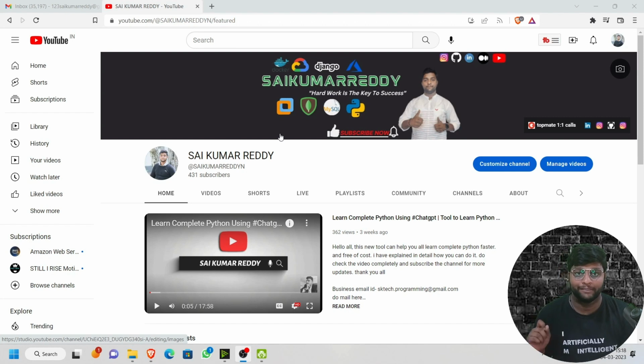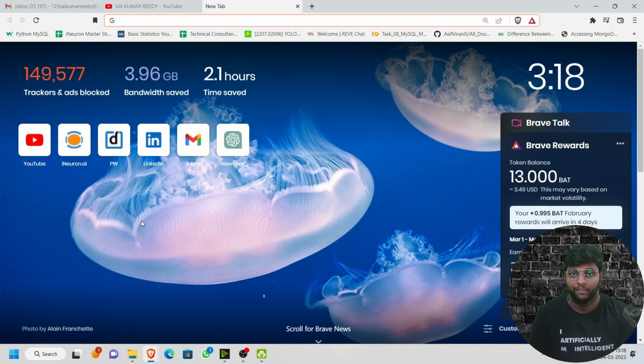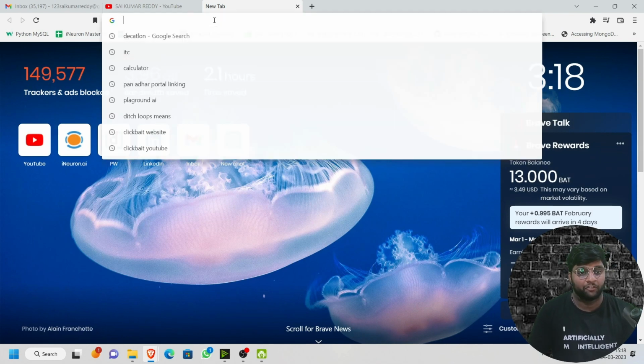So today we'll be seeing how to install MongoDB Compass and how to work with MongoDB Compass. It is just a MongoDB UI application using which you can easily work on it. So now let's first download MongoDB Compass. For that, just search for